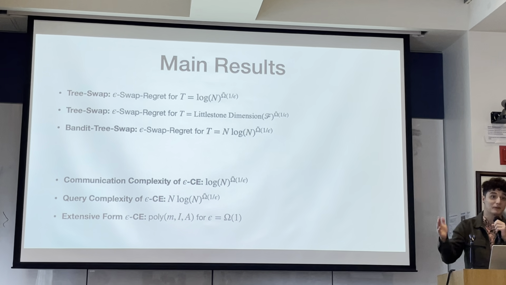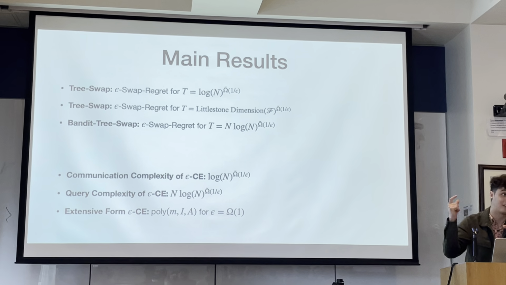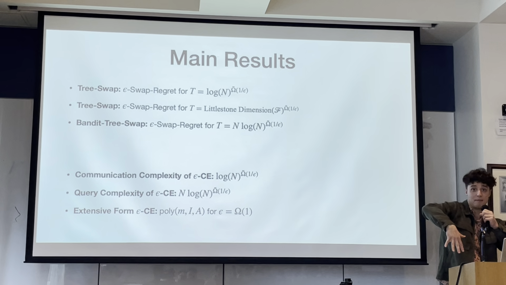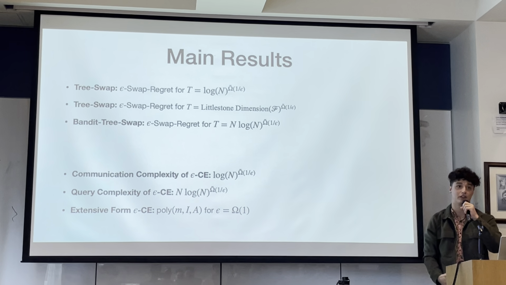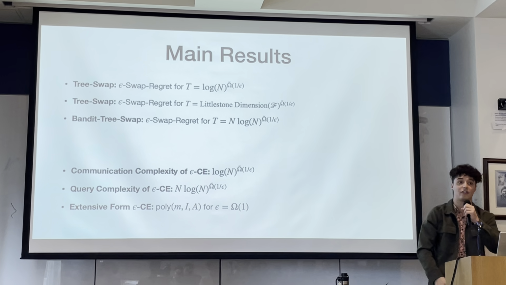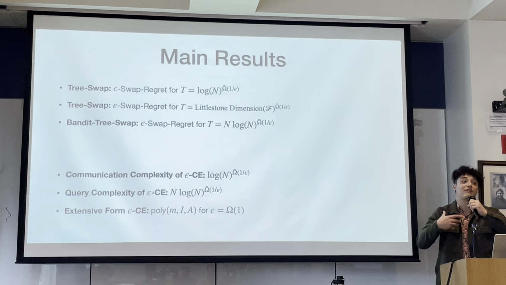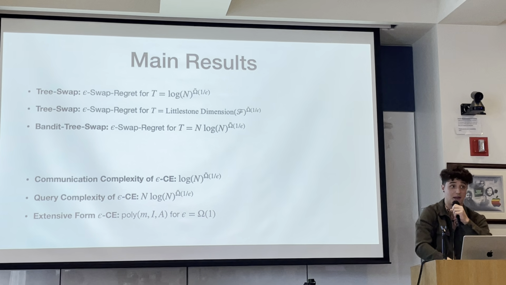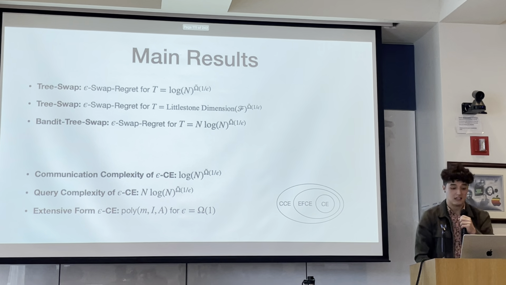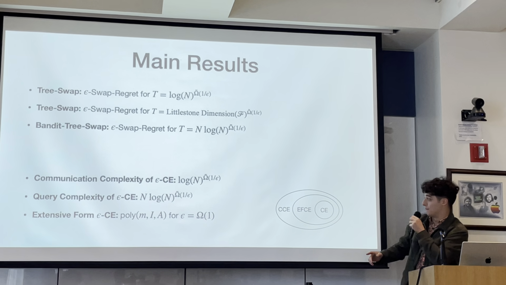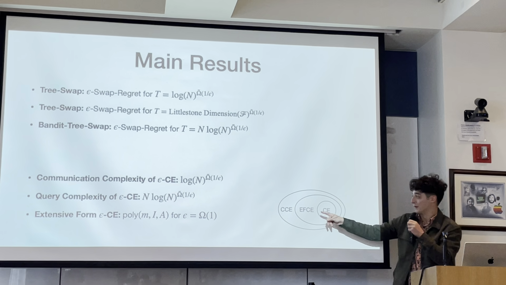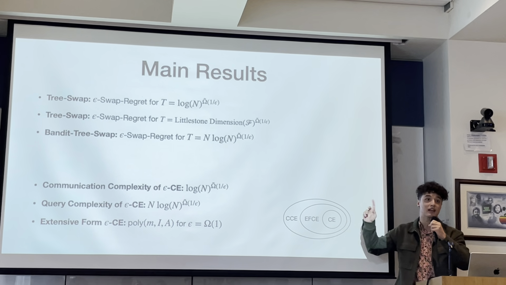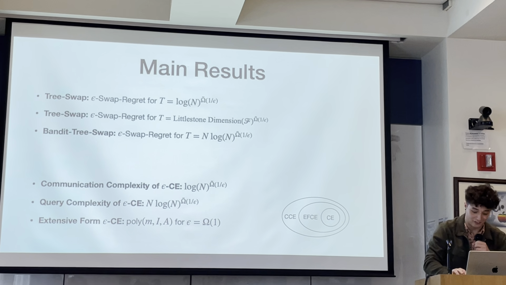We also come up with the first algorithm for computing correlated equilibrium in extensive form games, as long as epsilon's constant. An extensive form game is like a tree structure game. You can think of something like chess, for example. Chess is complete information, wherein essentially the number of actions is going to be exponential in the description of the game. My strategy is a plan in every single state of the game. So, previously to this work, even for constant epsilon, the best thing that was known was computing an extensive form correlated equilibrium, which is between CCE and CE. But now we know that in polynomial time, you can actually compute a correlated equilibrium as long as epsilon's constant. A lot of open questions, all solved.